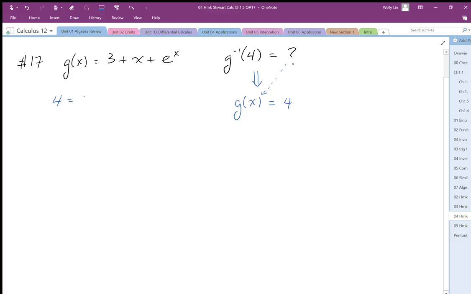4 is equal to 3 plus x plus e to the x. Now this cannot be solved algebraically because there's an x outside the exponent and an x inside the exponent. So we either have to solve this by graphing, or we can solve this by inspection. If I look at this equation, I know that 3 plus 1 equals 4, and if I have x as 0, this is going to give me the 1 that I need. So by inspection, or by guessing essentially,